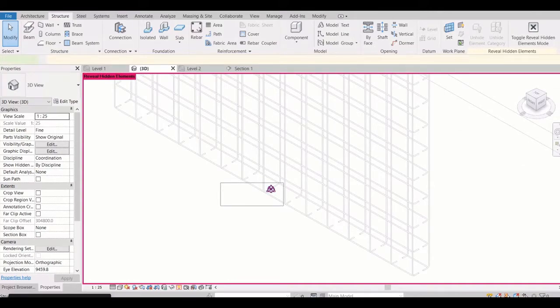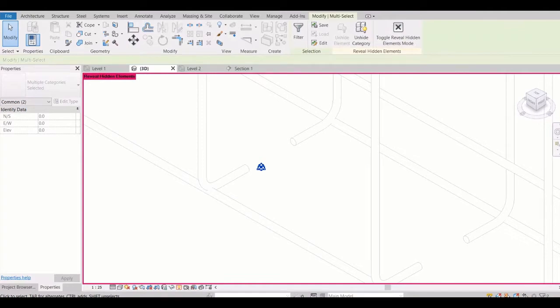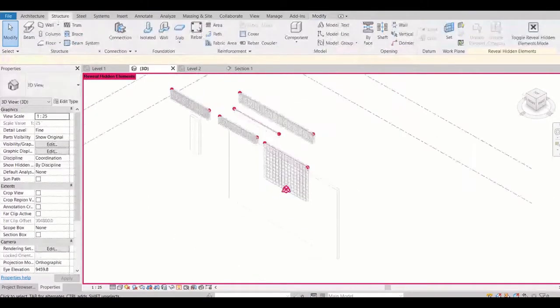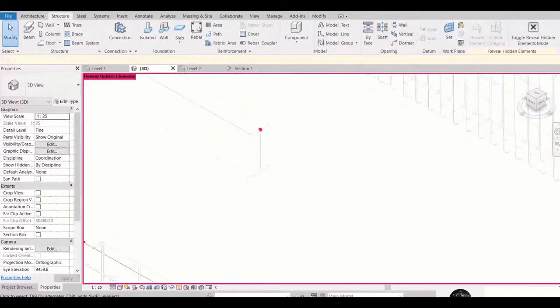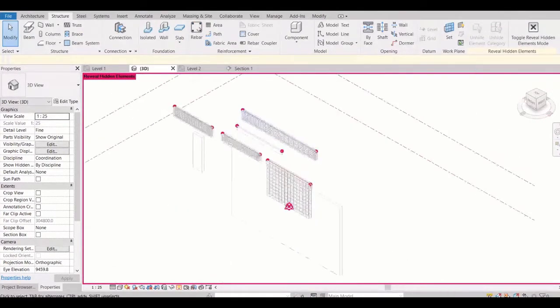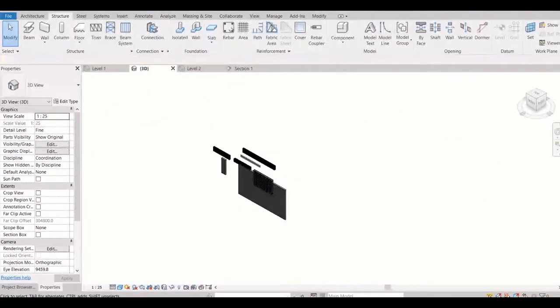This is coordinate, project coordinate and survey coordinate points, and these are analytical points of the beam and walls, which we cannot see in this view.